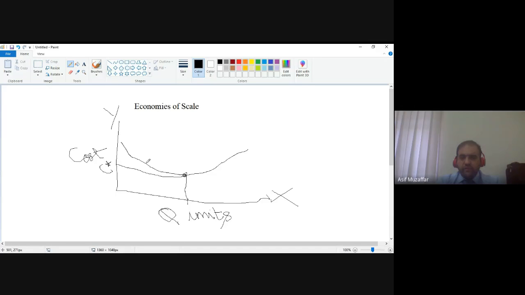Why? Because if you see on this curve, this is the lowest point. This is the lowest point. So that means at this point, the cost of making your product is the lowest one. This is called economies of scale in economics. In simple words, it is the maximum you can produce for your product